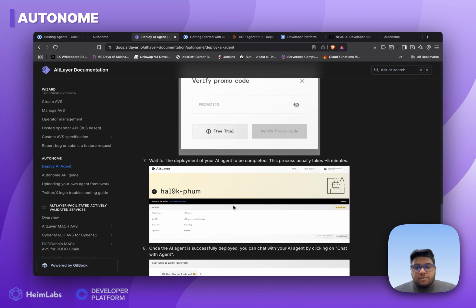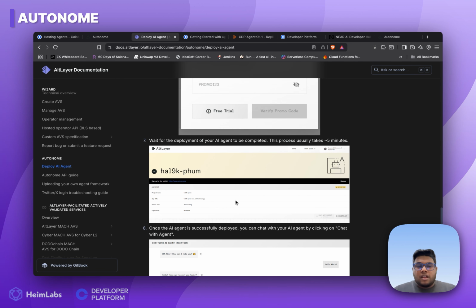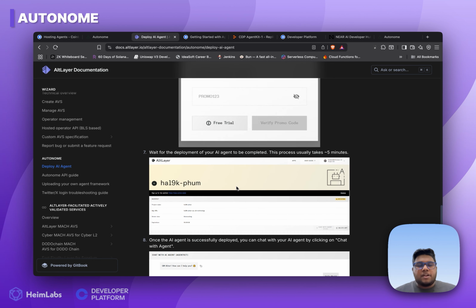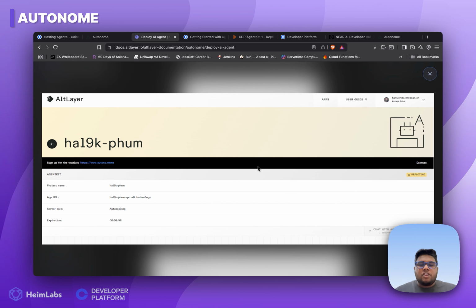So I was able to set up the environment variables, but currently Autonom is down and we are not able to deploy agents to that, but it will be soon fixed. But for now, you can see how the Autonom deployment works. If you've set up the environment variables correctly and then move with the confirmation process for deployment, you would see something like this waiting page where it would make sure that all the deployments are done properly and it would show you deploying status.